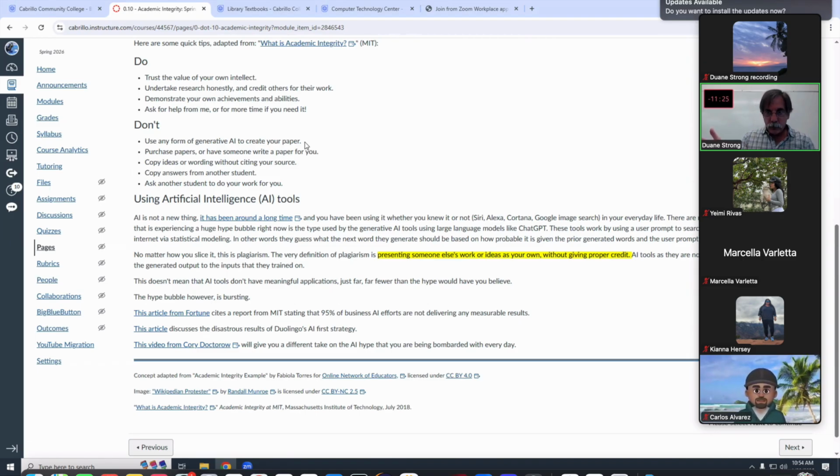Those tools work by taking a user prompt, and they've basically taken the entire internet and squished it into their statistical model, and it predicts each next word it's going to put out based on how likely it has been out on the internet, given all the words up to that point. So is it intelligent? No. Does it know what it's saying? No. It's just a big statistical model that's predicting based on its training data from its large language model.